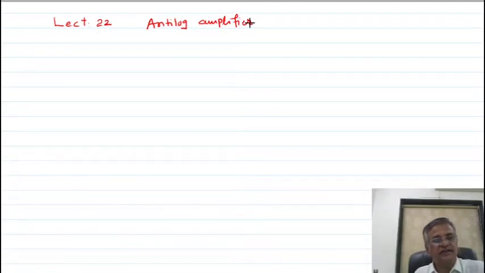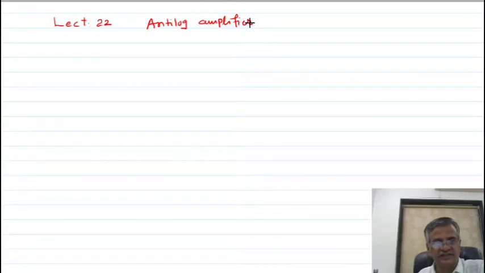There are several applications of log and anti-log amplifier. Analog computation may require functions like sine hyperbolic x, ln x, log base 2 tan x. Such functions can be easily performed with the help of log amplifier. We have already seen that log amplifier can be used to compress the dynamic range of the signal.